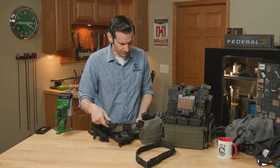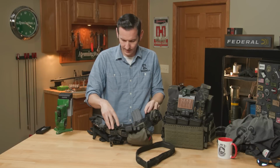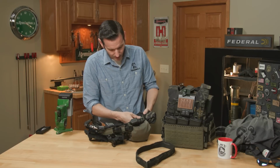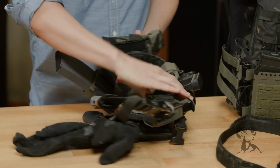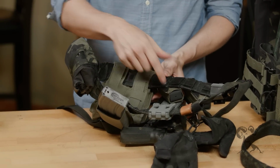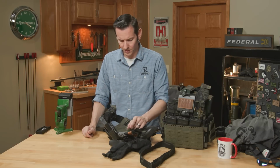And everything on this belt, so the dump pouch, the Esstacs, they all use what's called a one-wrap Velcro, which is just a Velcro wrap that secures it on there, so you don't have to weave MOLLE and stuff like that. And then the Spiritus Systems pouch literally has an attachment that you can run a belt through, so I just ran it through that. And then the holster I'm using,